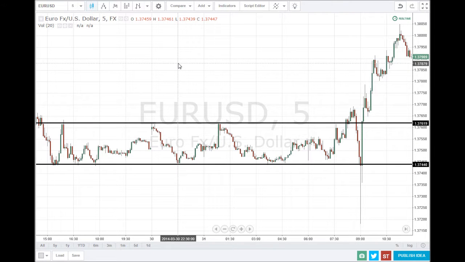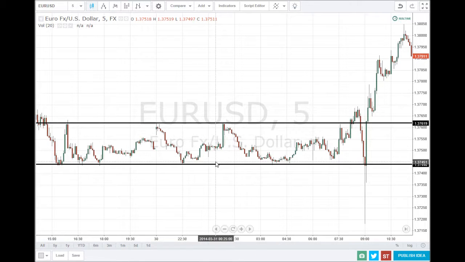This is the Euro US dollar, it's a 5-minute chart. If you're interested in hedging ranging markets, or if you're not interested in hedging but are interested in trading ranging markets, then overnight sessions of European and US currencies are great for ranges. So this is an overnight session in London, or the Sydney Tokyo session, and price is ranging on a 5-minute